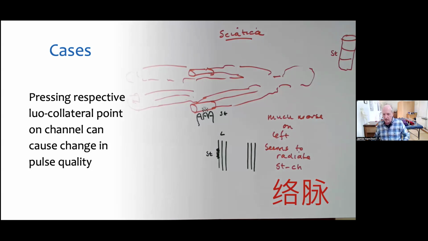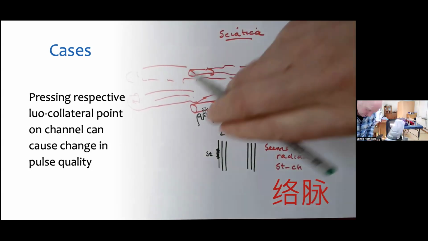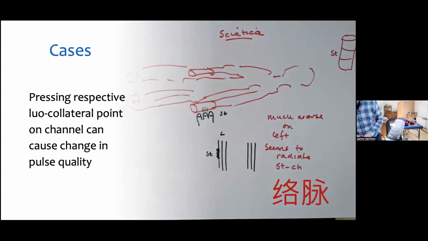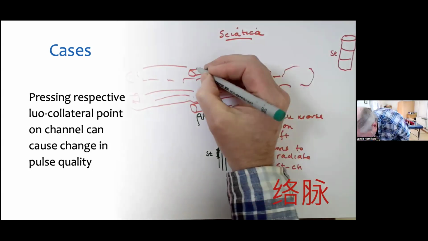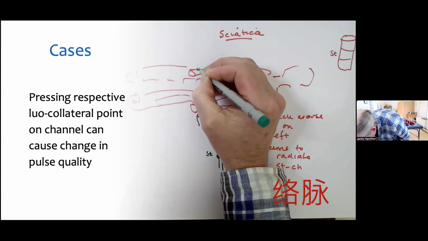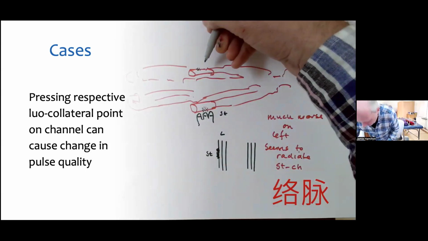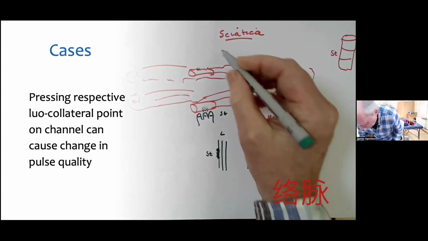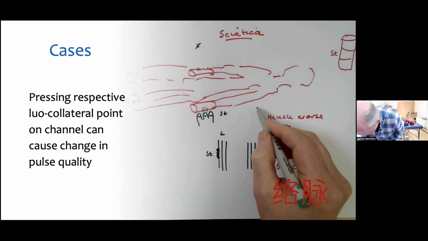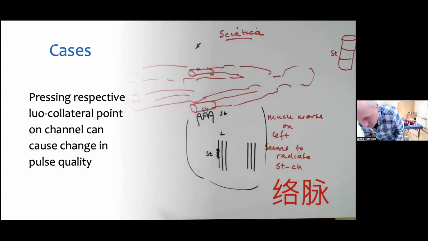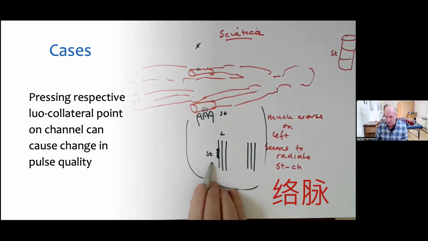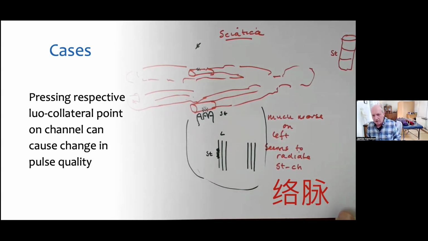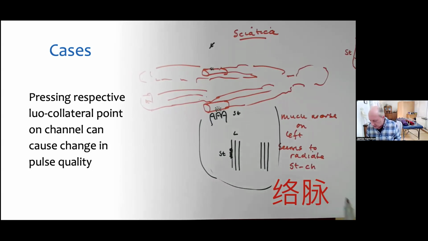If you then go over to the other side, the right side, and palpate with your left hand, one, two, three. If it was a right-sided sciatica, it would be there. But this is a left-sided sciatica, so that is not it. This picture here, where I've just drawn, is a left-sided sciatica extending onto the stomach channel. Super specific, right? And what's really cool about this is that you can test it.